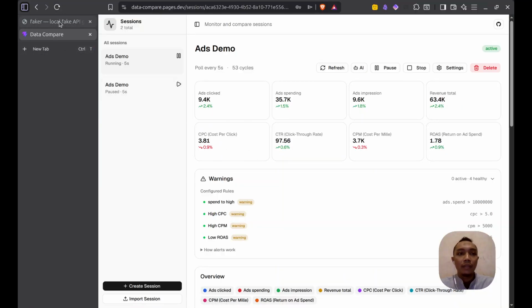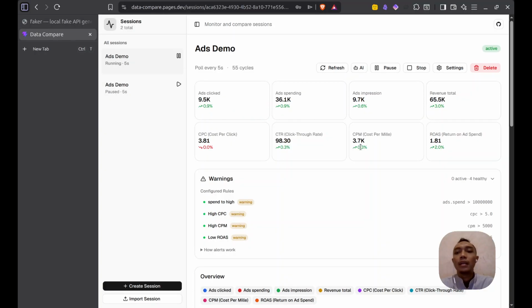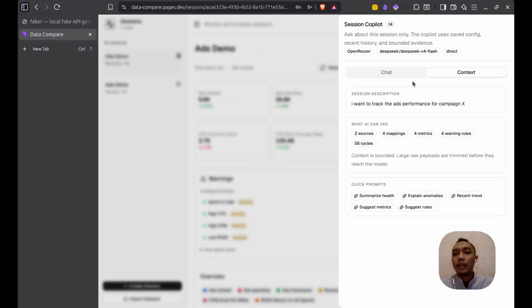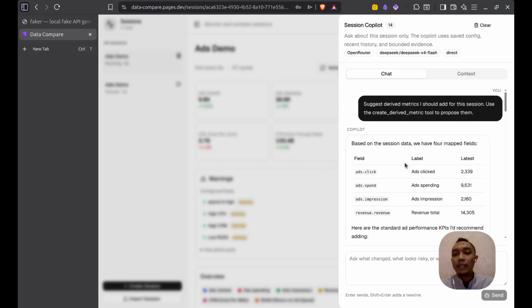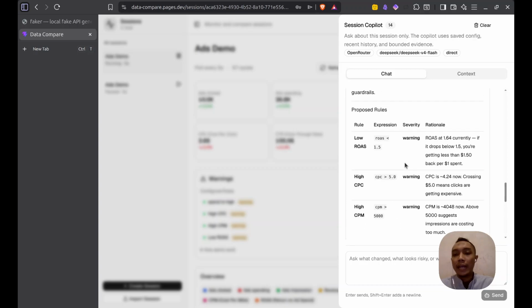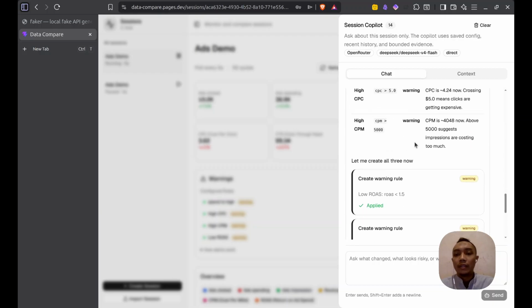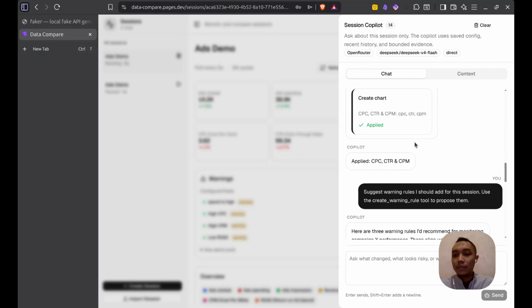So later, if the tab is in the background, the browser has some throttling mechanism for performance, so the polling might not work. Also, a boundary I set with the AI is that it only proposes, so it doesn't directly do the action, and since it's not streamed, it might look